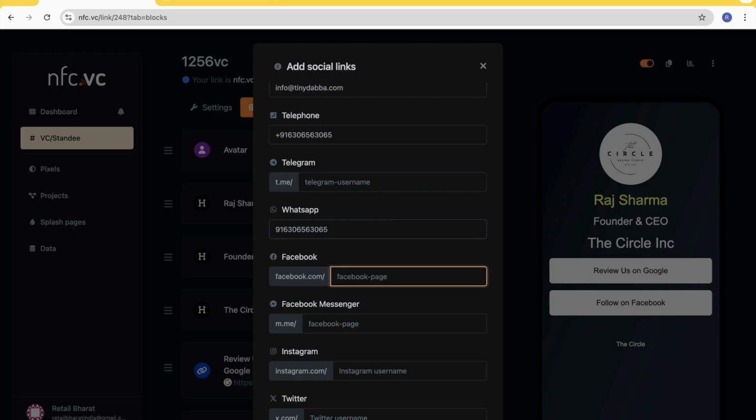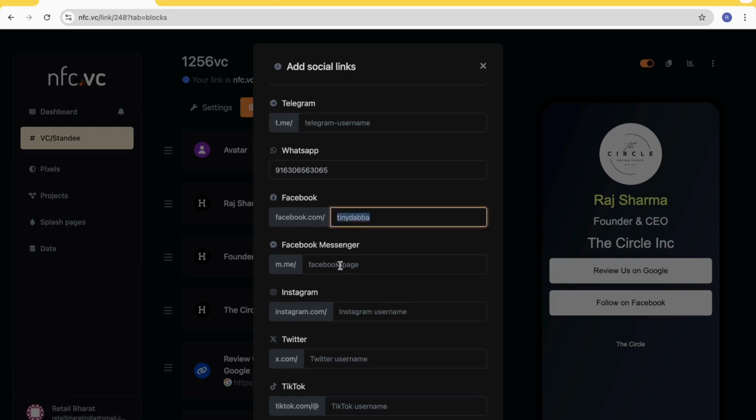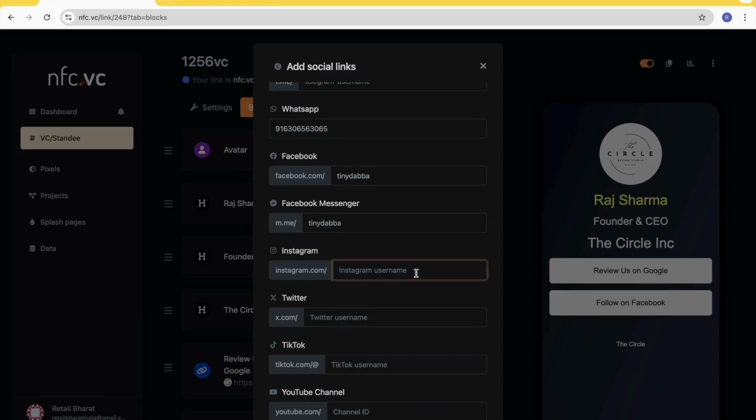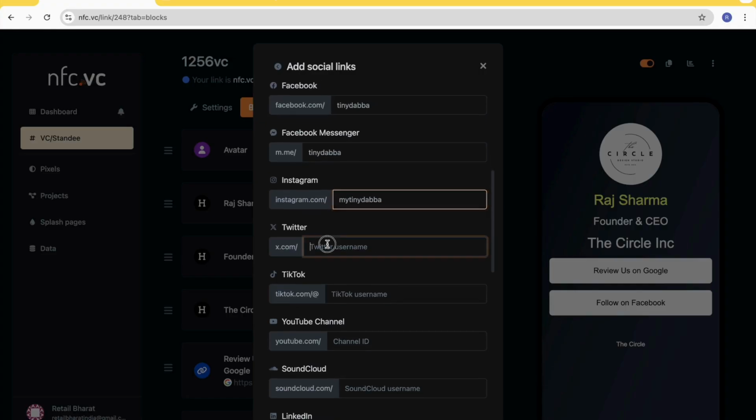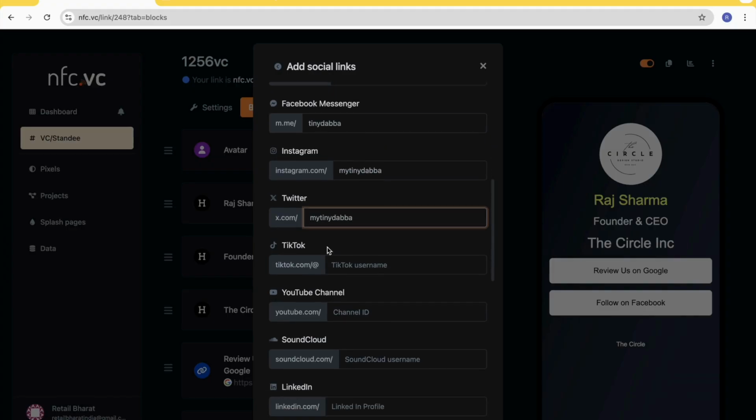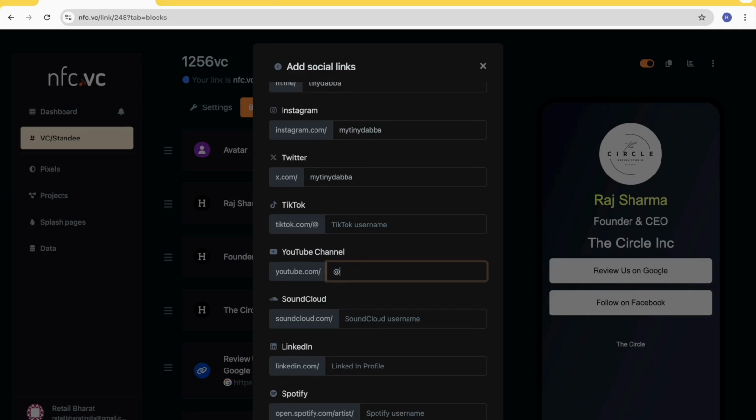If you have Facebook, you can use Facebook. If you want to use Facebook Messenger, you can use Facebook Messenger. Instagram. So just remember, the first part of the URL is always added here by default. Facebook.com is there, Instagram.com is here. We just want to enter the ID. Twitter, TikTok, YouTube,